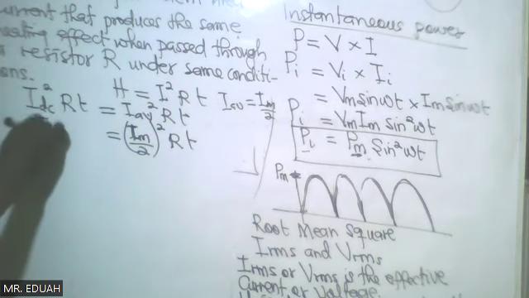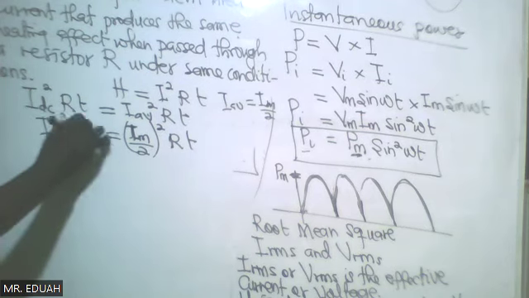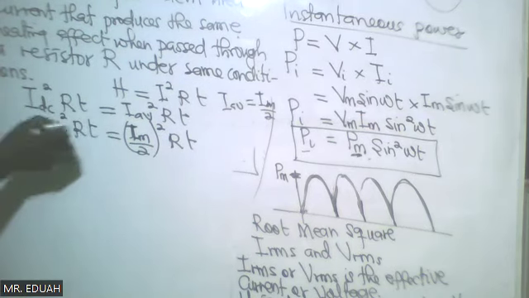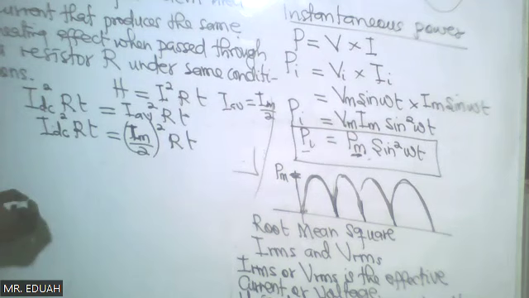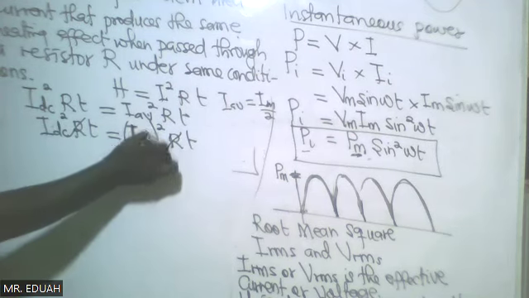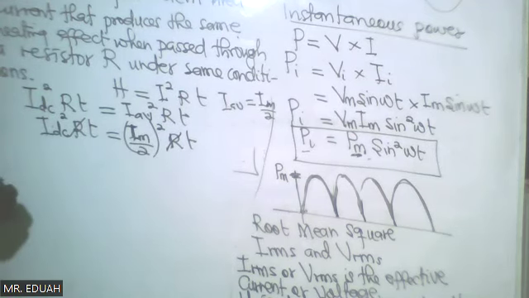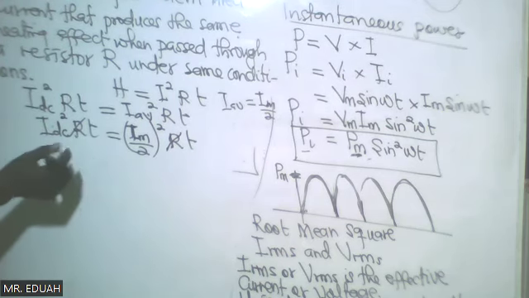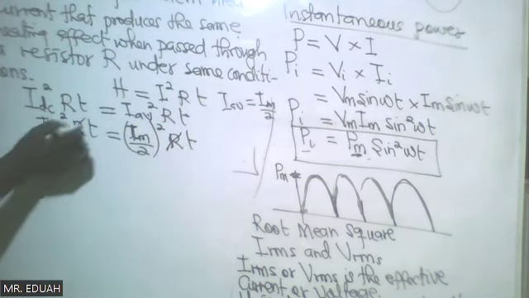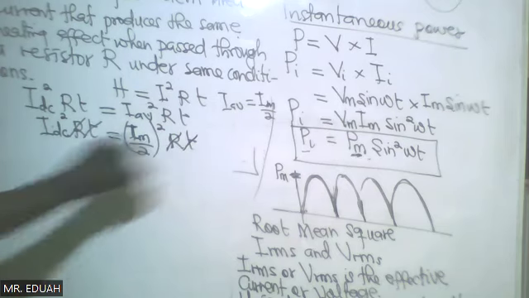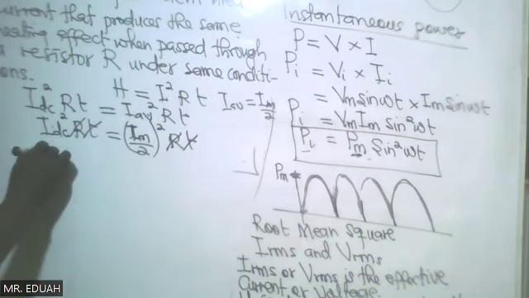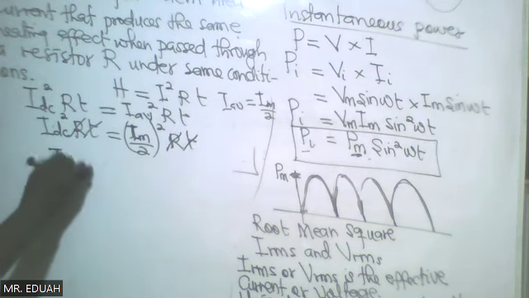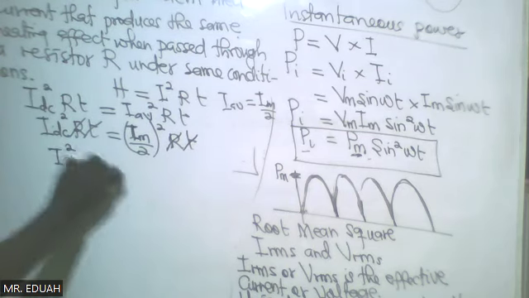So I DC squared RT. Now, since it's the same resistance, R and R cancels out. We are passing both DC and AC under the same condition, so we give them the same time. So T and T cancels out. Therefore, we have IDC squared equal to